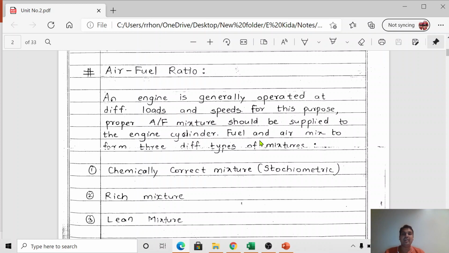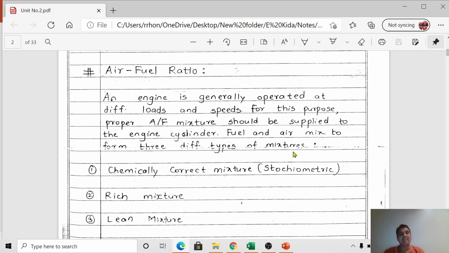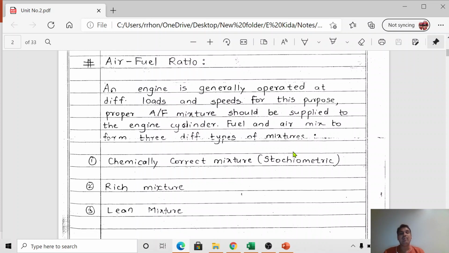If you want to increase the speed of the engine, what you can do, you just increase the accelerator, right? And automatically the speed of the engine will increase and your vehicle will run fast. Again, if you want to decrease the speed of the engine, you just move the accelerator in the reverse direction. Ultimately the speed of the engine will go down. Then how is it possible, how does it happen?